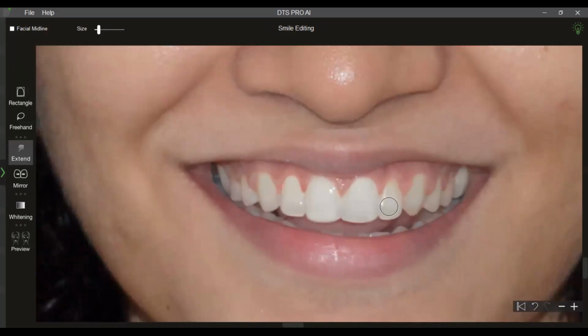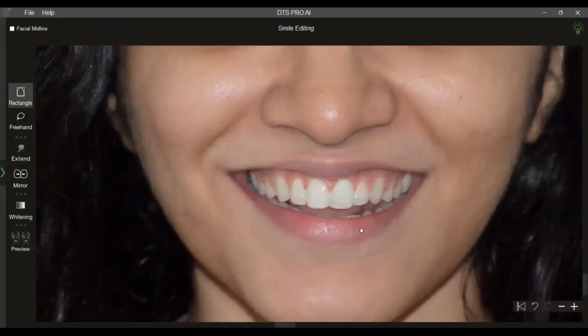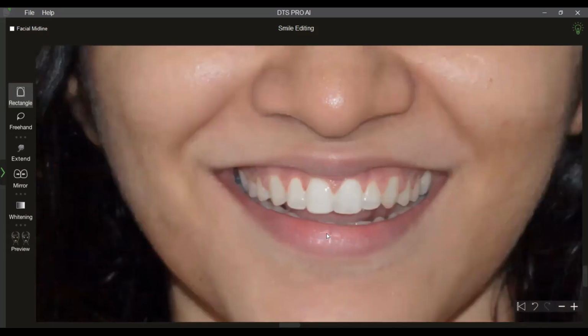So for example, now this lateral incisor, I can just select a part of that, right click, transform, just intrude it a bit. So you can also show some amount of tooth reduction there, right? So these are selection tools and editing tools, and then you have the extend tool. So I will undo all the changes.